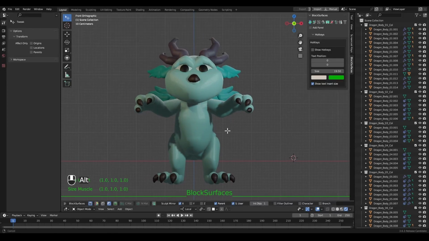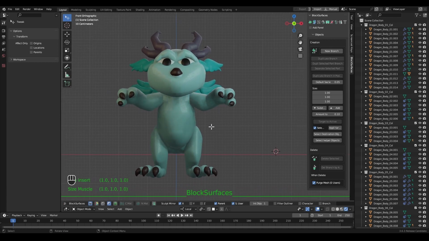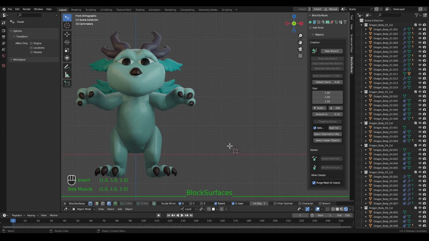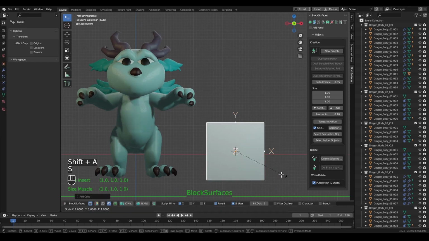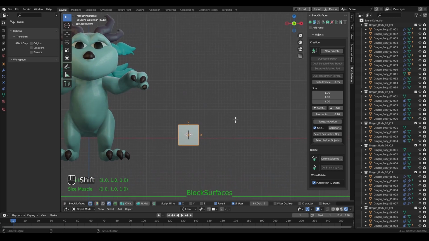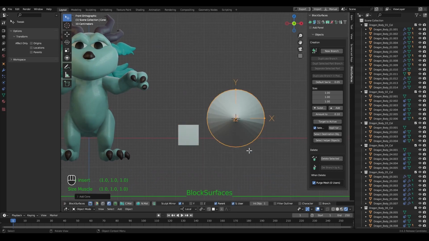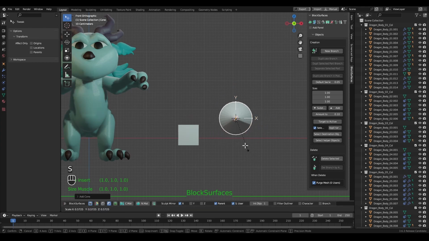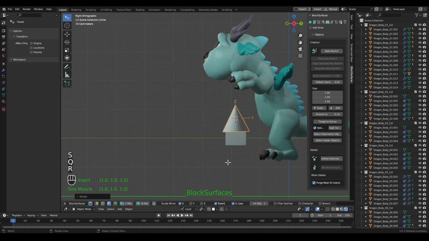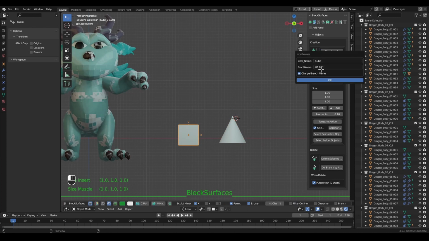Let's take a look at panel number 2, the Creation panel. In this panel, we have the option New Branch. To create a new branch, we must have a selected object that can be an object from an existing branch or an independent object. When we click on the New Branch option, we create a new branch with its entire structure, collection of objects